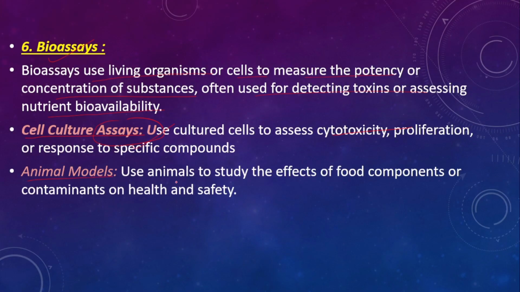Animal models use animals to study the effects of food components or contaminants on health and safety. These animal models in the food industry are used to study the effects of food additives, ingredients and nutritional interventions on health and safety. They help researchers assess the impact of new food products on digestion, metabolism, toxicity and potential allergenicity before